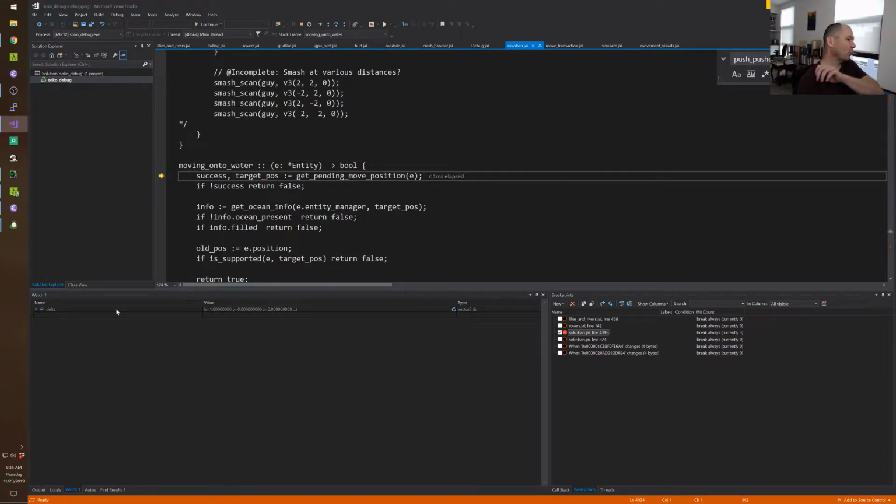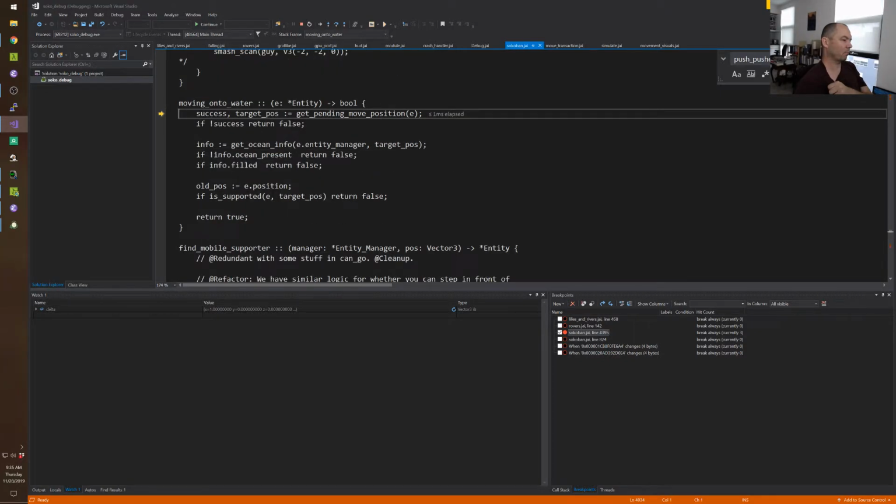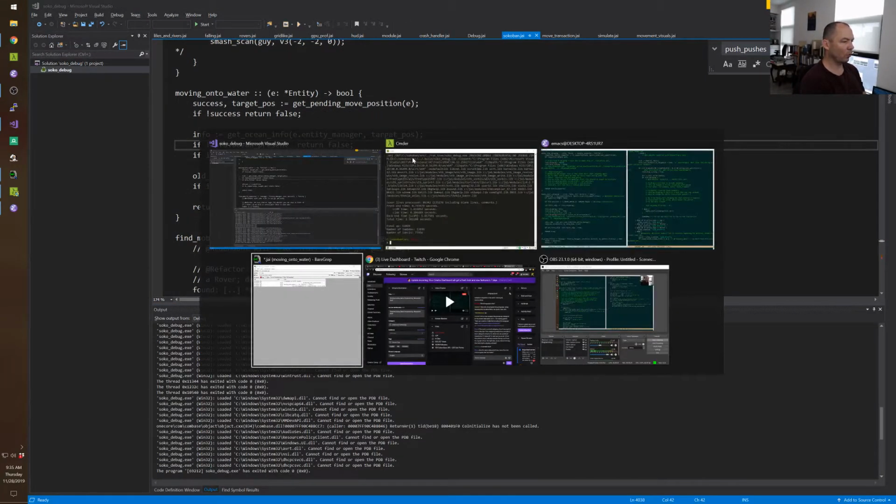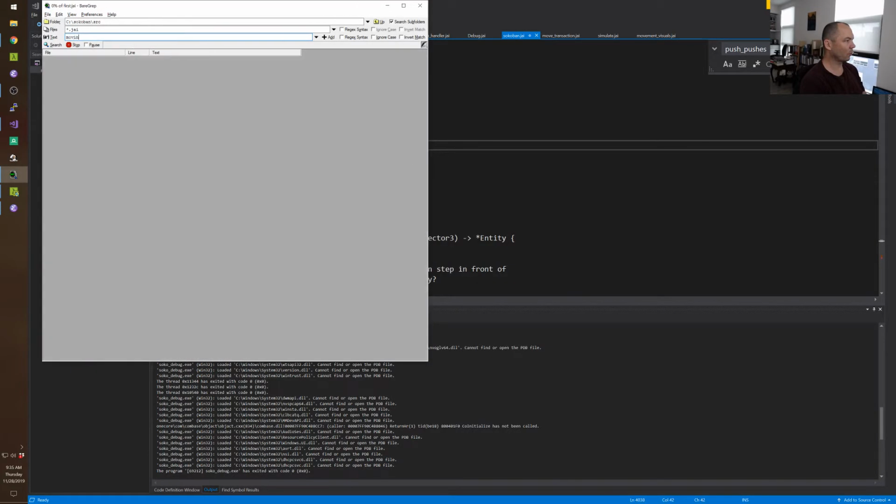Oh, get pending move position. Because there's no transaction filed for this, it's going to say false. Success is going to be false. Yep. Okay. So who calls this? I guess we had just searched for this. And we determined